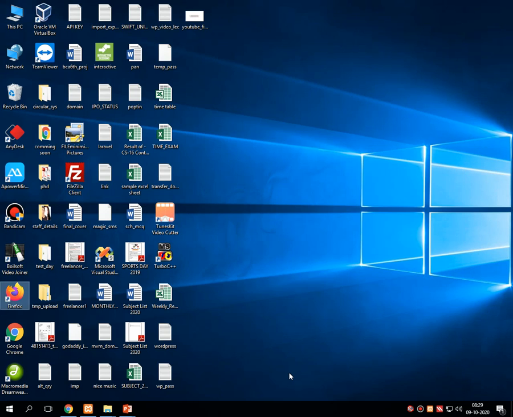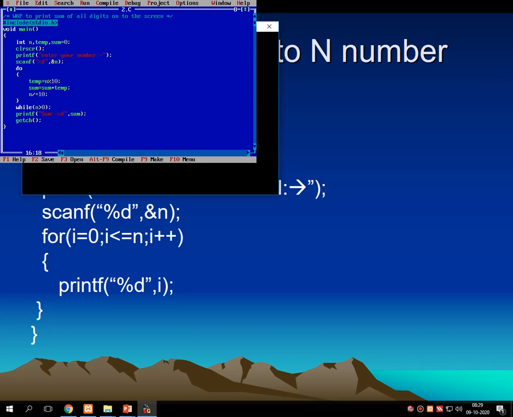So for that I am going into the Turbo C compiler. Then here I am giving the definition: write a program to print 1 to 5 numbers using for loop. See students, I am taking the first 3 to 4 programs common for while loop as well as do while loop as well as for loop, because you can simply compare what's the difference between the same program